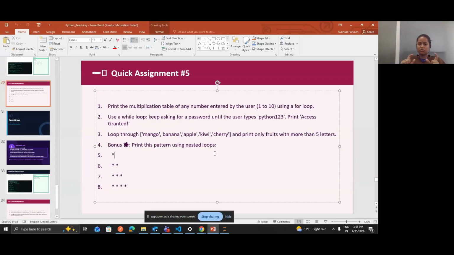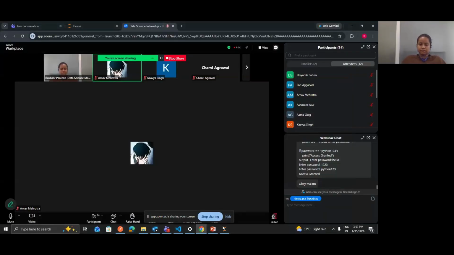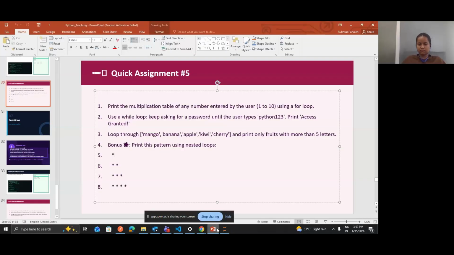Okay, so try to loop through this list and print only those which are greater than 5 letters. Start writing your solution.